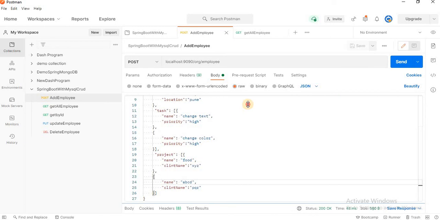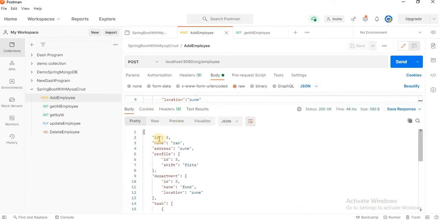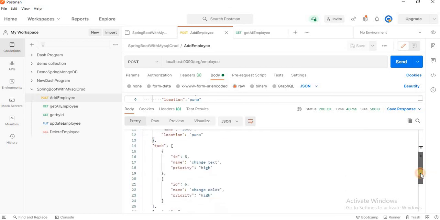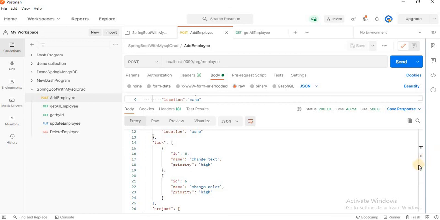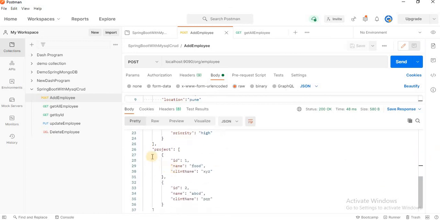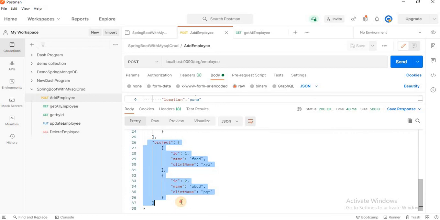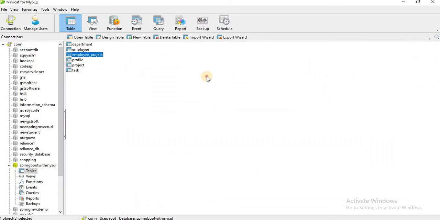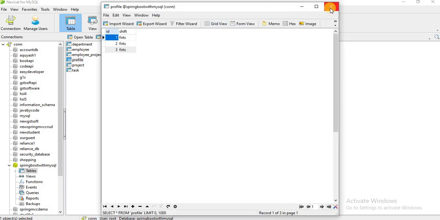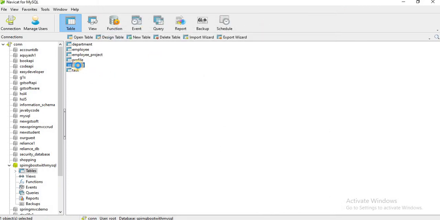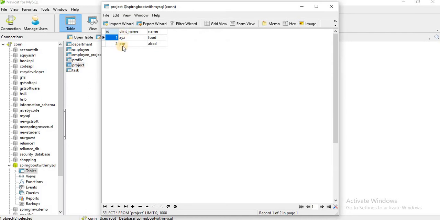You can see here we got 200. Let's see the output. First, all our required employee detail was added, then our profile detail, then our department detail, then our task. After that, our project detail is also added. You can see here the project detail. If we go and check our database, inside the project table, here two projects were added.